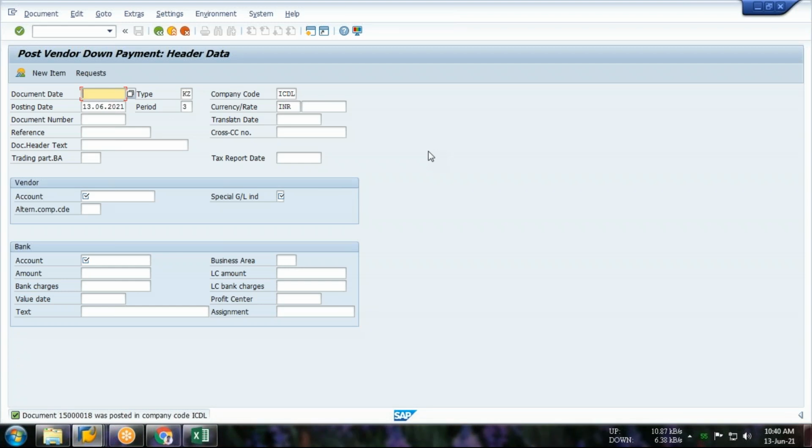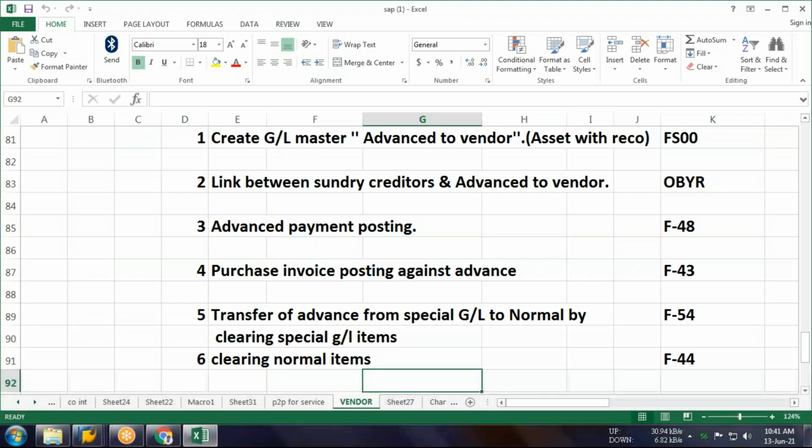So, sir, let's imagine the scenario. First, we have made the advance. हम लोग सबसे पहले क्या किया? Advance payment कर दिए. Now we need to wait for what? Now we need to wait for the invoice. Guys अब क्या करना होगा हम लोग को? Now we need to wait for the invoice, the invoice which we are going to get from the vendor, this one, purchase invoice posting.